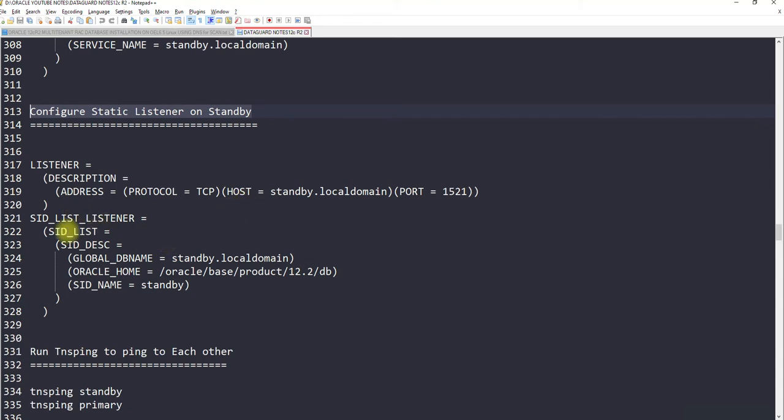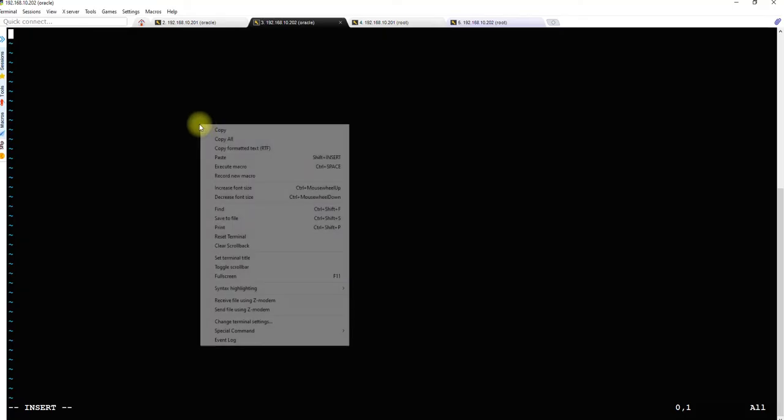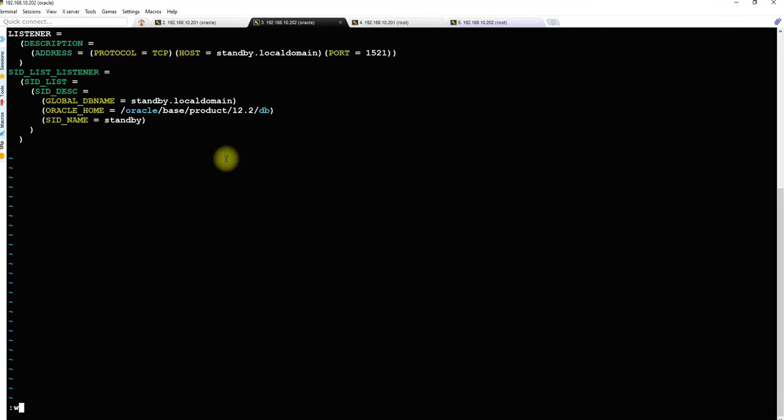I'll just copy and paste this. Okay, this is a static listener. When you use SID_LIST_LISTENER and then mention the global DB name as well as the Oracle home, this becomes a static listener. I have given the listener name as LISTENER, so I'll copy and paste it.